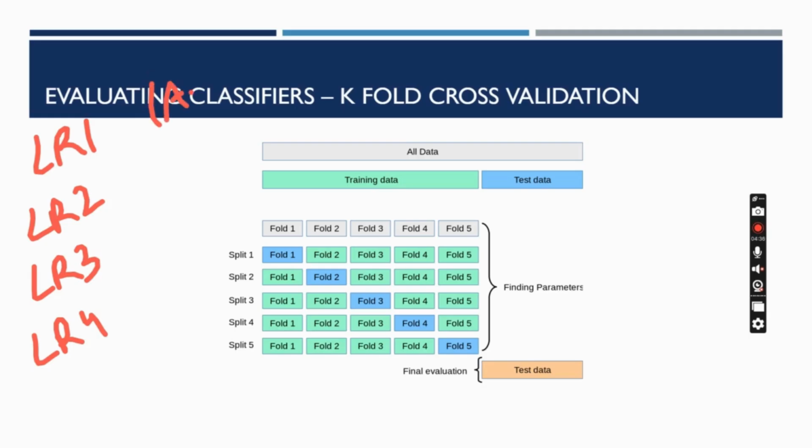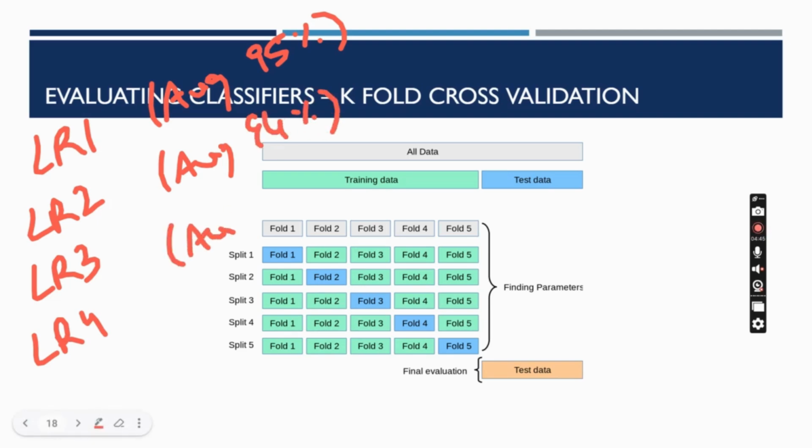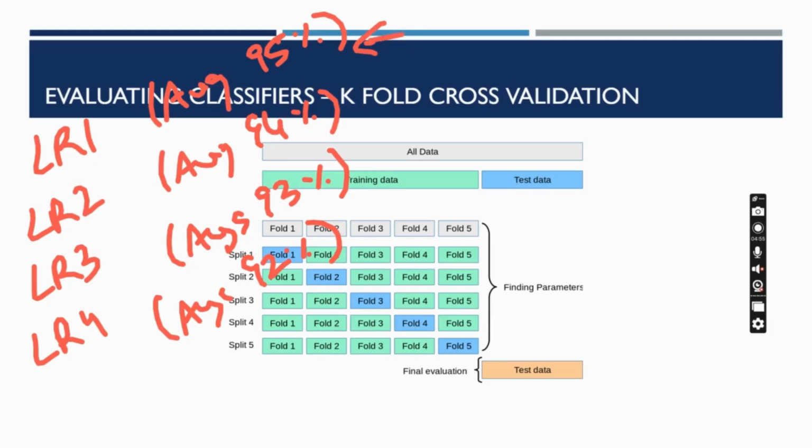We get the average performance of 95 for model 1, the average is 94, the average is 93 and the average is 92. Out of this, we have the highest average over here. So this will be our final model, and this final model will